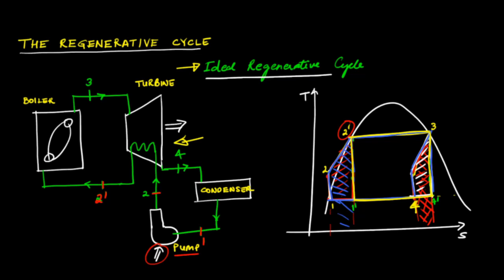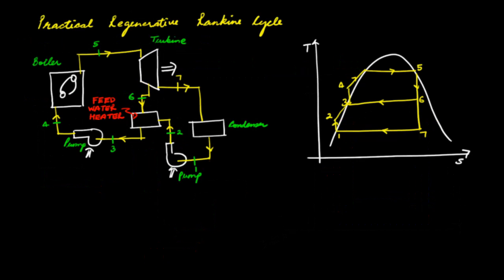Therefore, this is again an ideal cycle. It's not easy to practically realize this. So the practically realizable option is to modify this regenerative cycle by keeping the turbine adiabatic. Instead of having heat transfer within the turbine, it remains adiabatic,